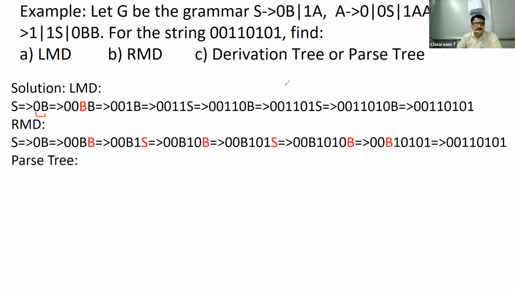Very good. So now you can see this B is the variable. So we just have to expand this B because this 0 is the terminal, so this cannot be decomposed further. So just write 0 here, and in place of this B, we can write 0BB 1S. So now we search on the given string, what value is required. So here we require 0.